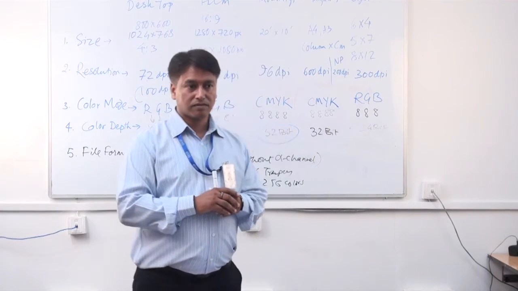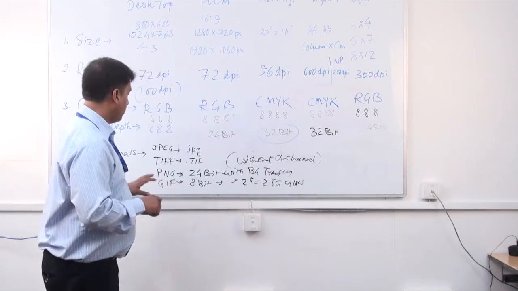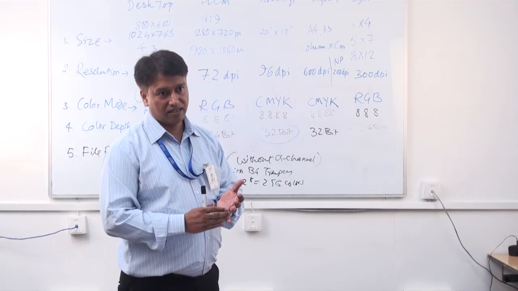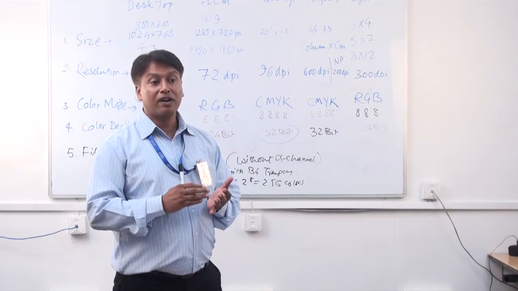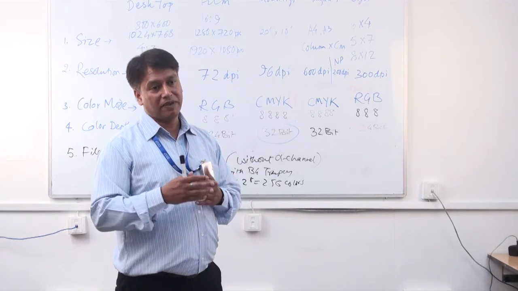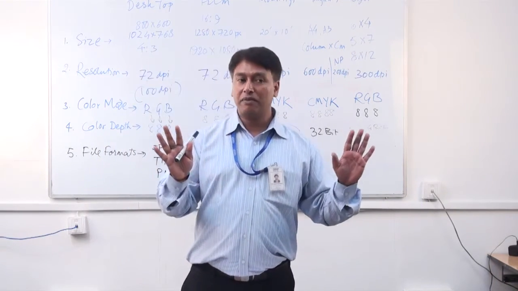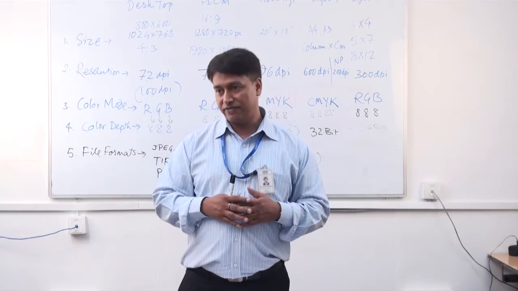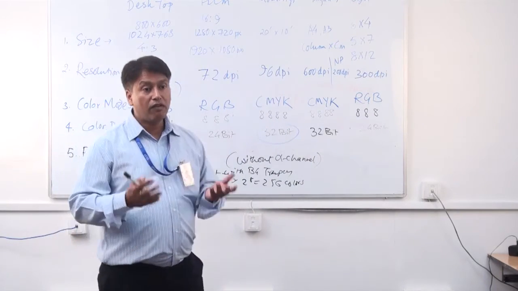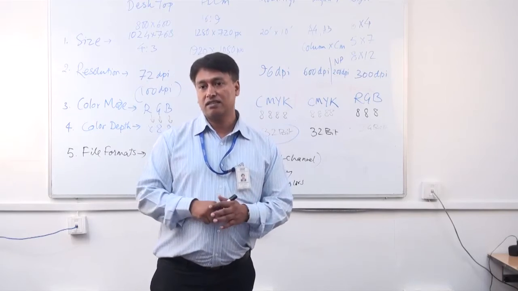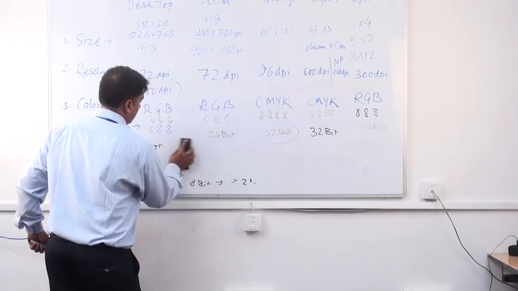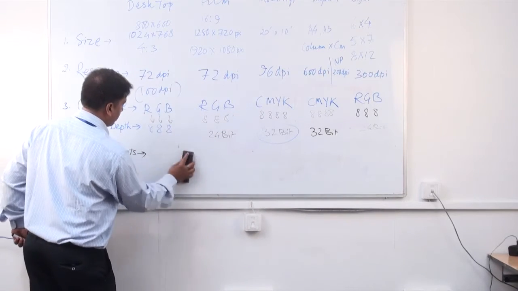Okay, got it? For file optimization, so this is the part. If you want to make the smallest graphic file size, it has to be GIF. Okay? If you want more colors, it will be JPEG. If you want transparency with more colors, then it will be PNG. And the best file formats with all the details, it will be then TIFF. Got it? Yes. So in this way, depending upon your requirement, we save the file. We select the file format. Got it? Okay. So let's select it for various media.